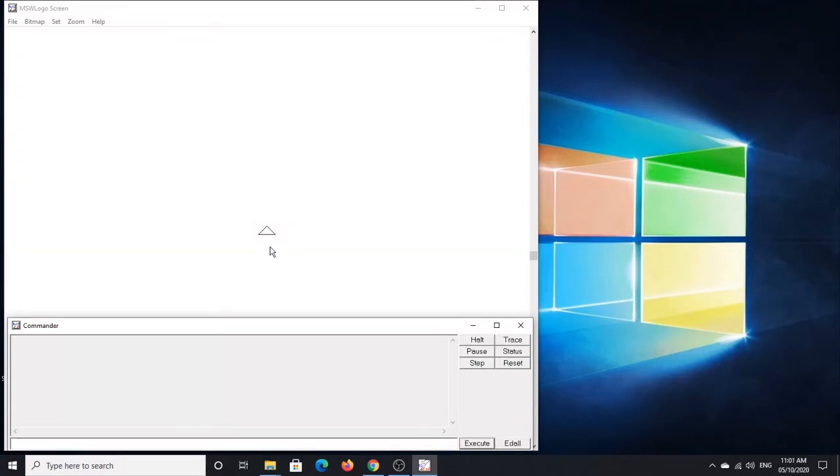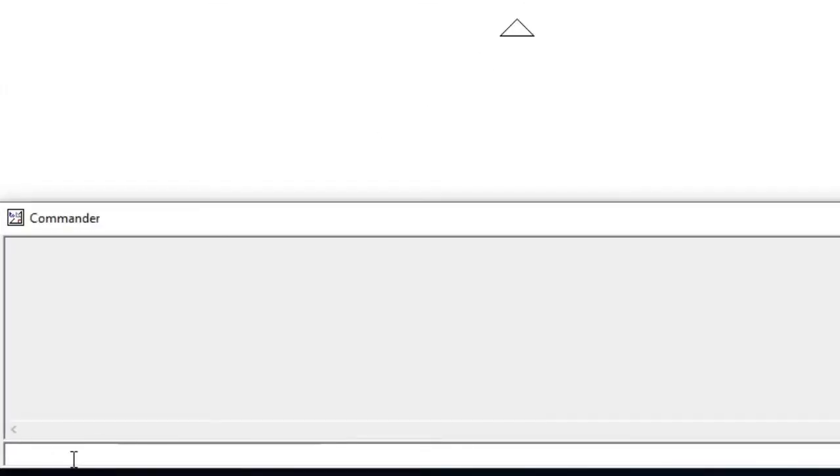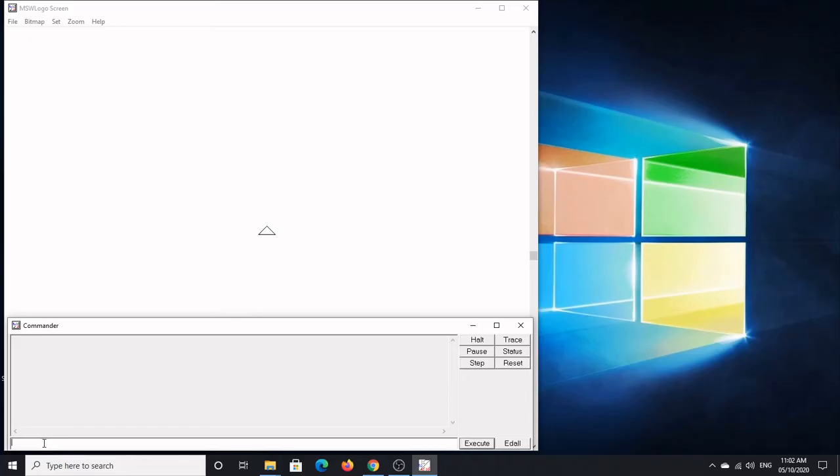Whenever you give command to the turtle, it acts, and if you give the command to move, the turtle moves. Now to give the commands, you have to use this commander box. This is the commander box. Whatever commands you are giving will appear over here. But to give the command, you are supposed to use this input box. This is the input box. You click inside, you can see the cursor. Can you see this insertion point? Here you are supposed to give the command to the turtle. If this insertion point is not there in the input box, your command will not be typed over here. So always be certain that the insertion point appears in this input box so that you can type the command.